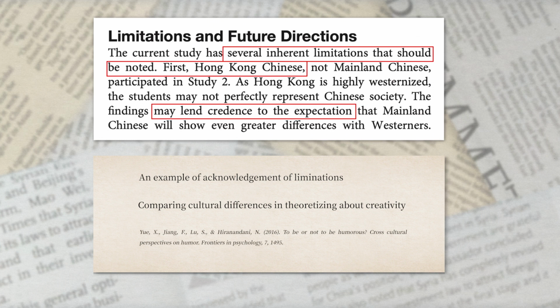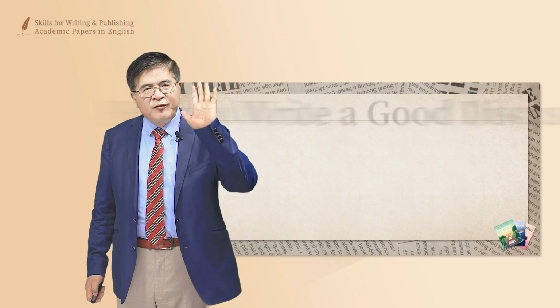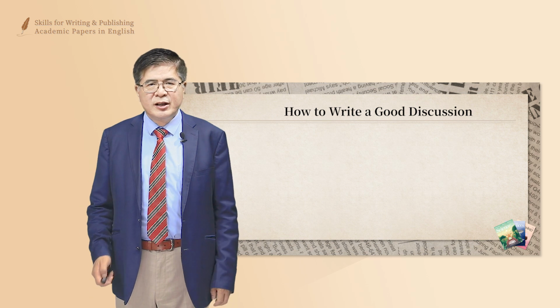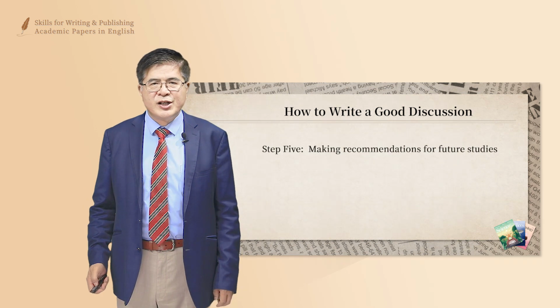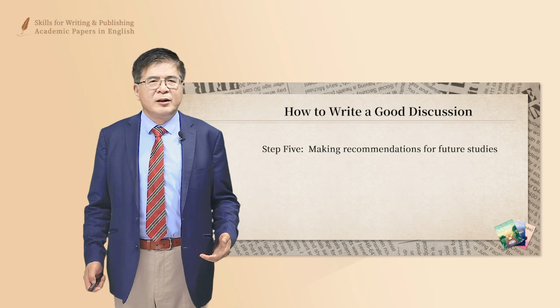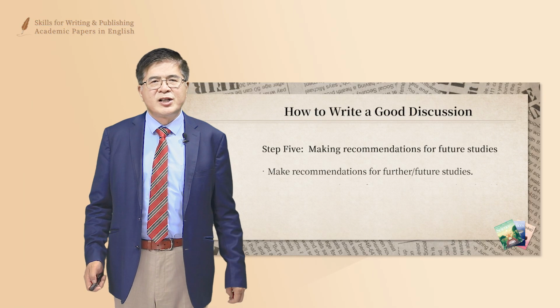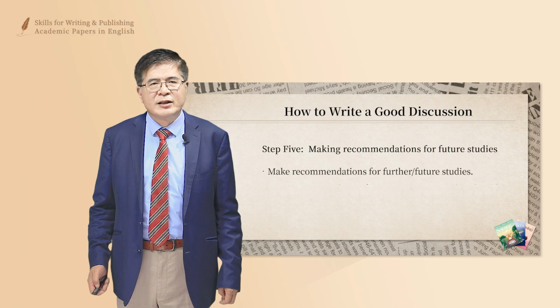And this is from one of the articles I wrote before. And here is another example, and you can see the red block part that shows the limitations of the present study and what could have been done better in the future. And step 5 of writing a good discussion is about making recommendations for future studies. Meaning, in this section, you should write specific recommendations for future or further studies,